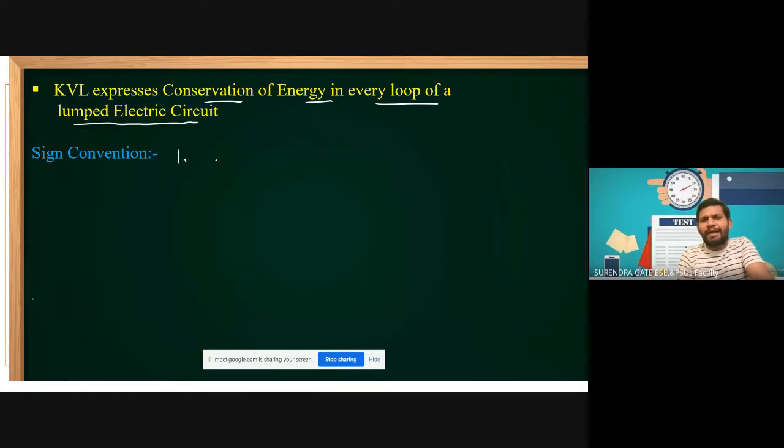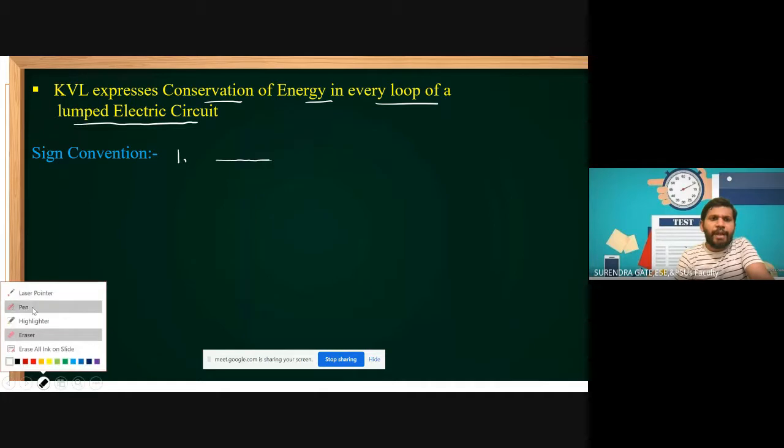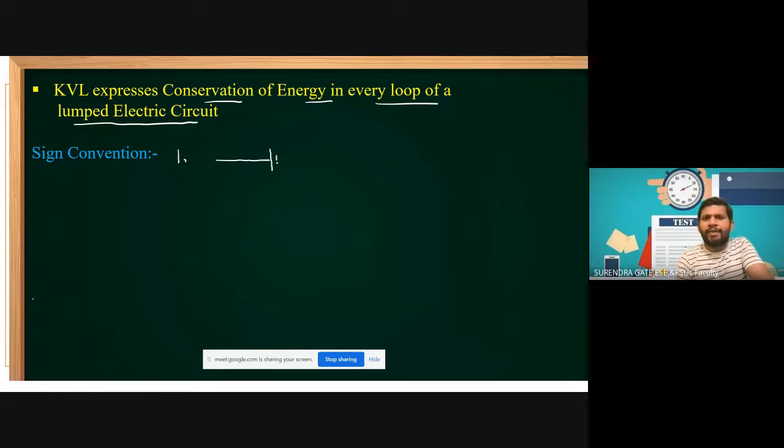For example, let's consider a voltage source. This is a battery whose EMF is E. Let this point be A and this point be B. Then I want to find the voltage difference. There are mainly two methods, but this is the best method I am giving. Please concentrate. That other method I will also explain, students.